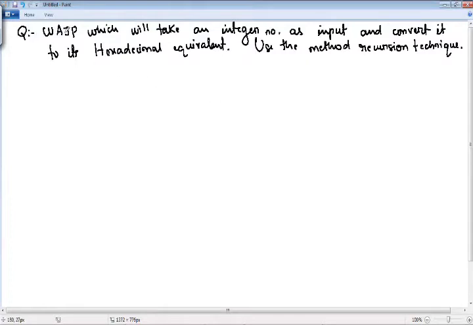Write a Java program which will take an integer number as input and convert it to its hexadecimal equivalent. Use the method recursion technique. What is method recursion? Method recursion means if the method calls itself, the process is called method recursion. Now listen. If we have the number 3234,